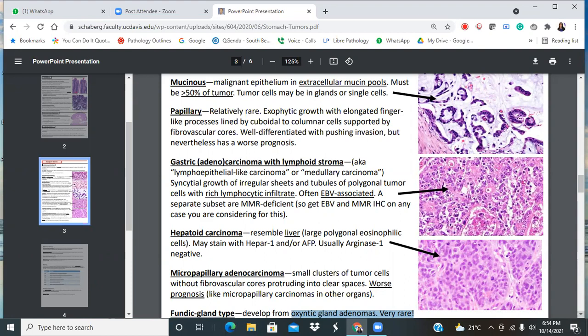So just keep an eye on your PAS. It's there, and there will be candida without you noticing. So just be careful when you look at your PAS stains or GMS stains. Yeah, that's it for the esophagus. And then the stomach, I think I went through the stomach. I told you the IM and signet ring checklist and the inflammation checklist.